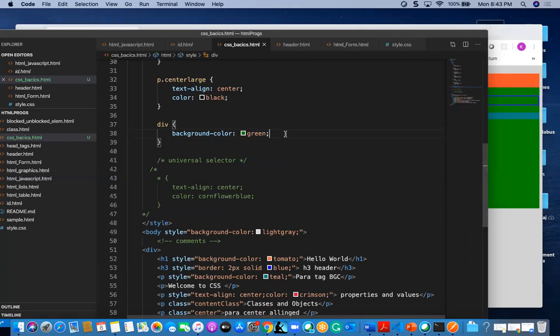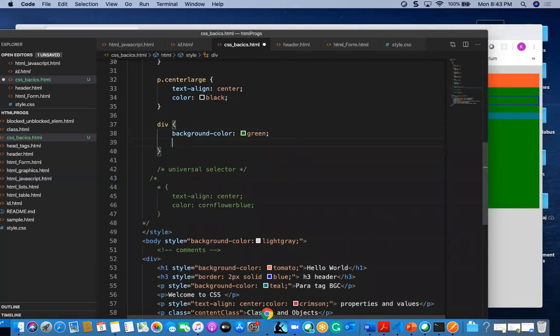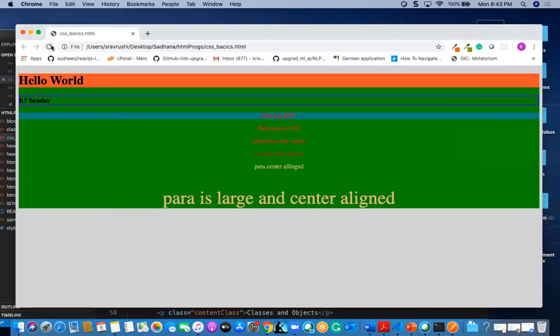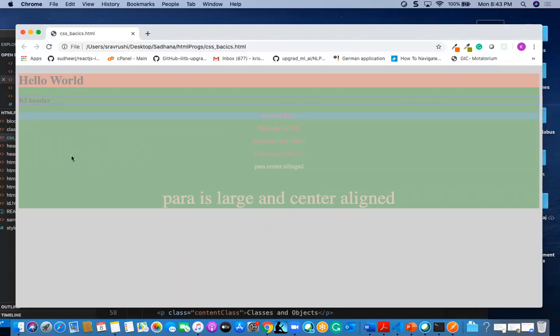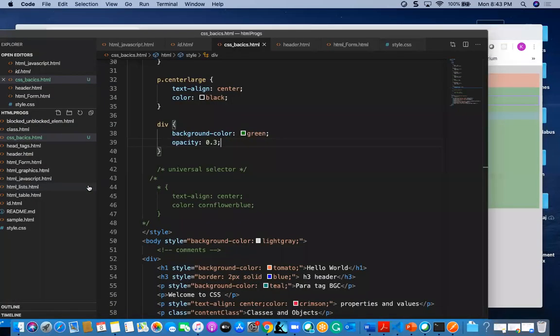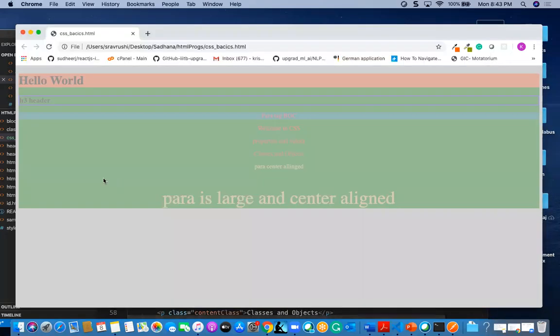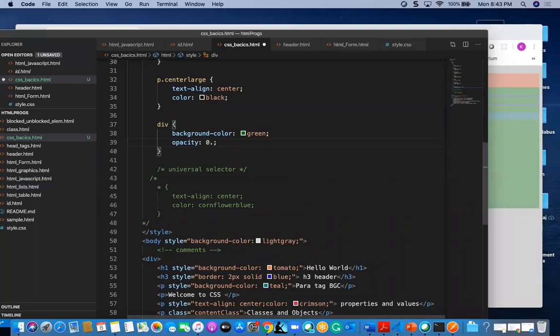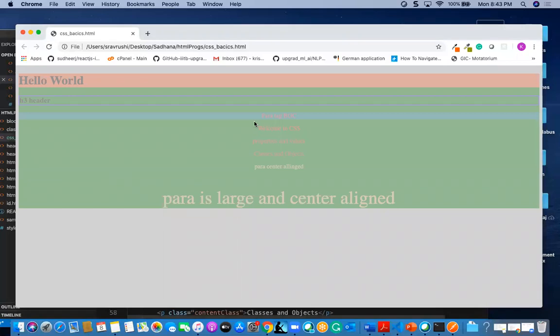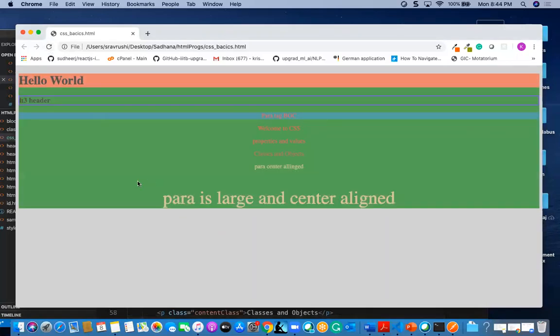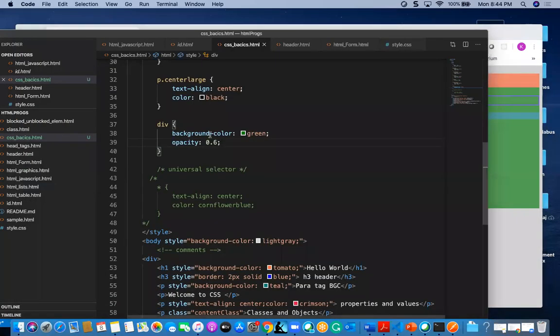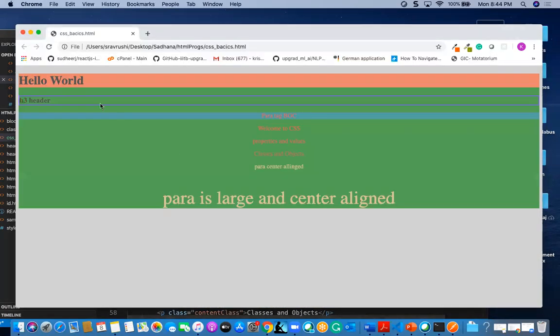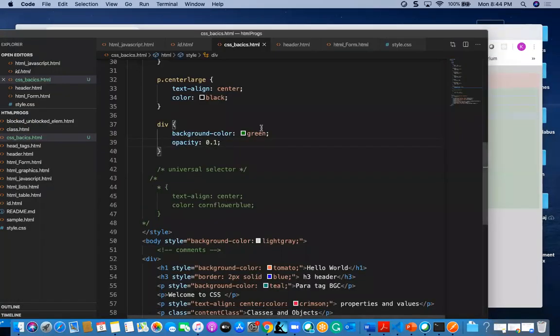This opacity will fade that green color. Let us see how it will fade in practical. It will fade the particular green color, and the total div, whatever the div it is there, it will fade it actually. If you want to see more opacity, you can find it like this. This is less. If it is 0.1, then it is more fading.